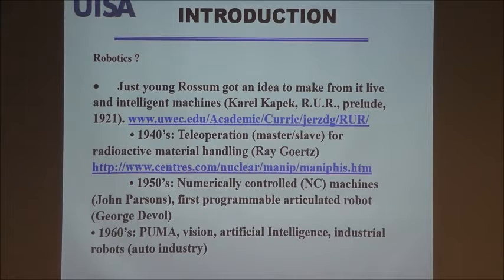In the 1950s, the numerical control machine was invented by a gentleman called John Parsons, and this later on led to an articulated robot by a gentleman called George Devol, who was actually a graduate student of physics at Columbia University in the 1950s. And later on, one of his classmates by the name of Joseph Engelberger, who unfortunately passed away December 1st at the age of 90, is considered the father of robotics, especially industrial robots.